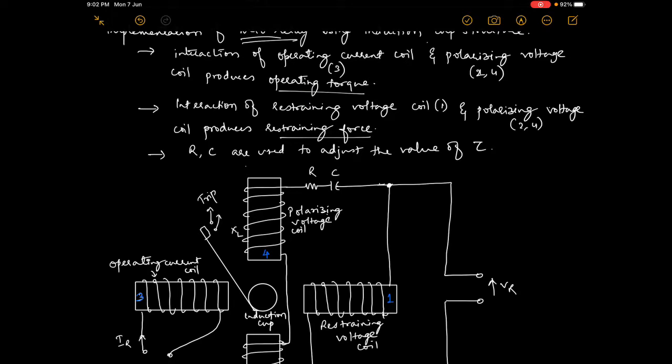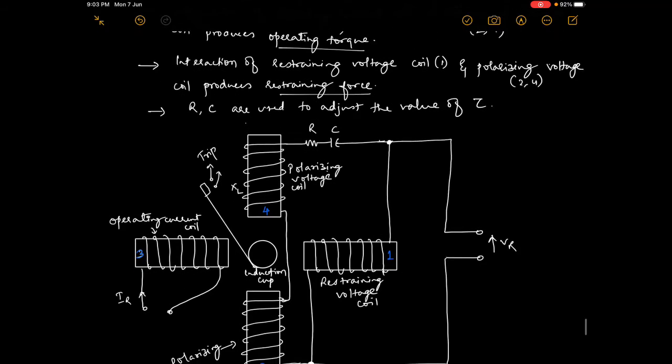Why didn't I cover these construction details in the first chapter? Because even the textbook hasn't given it, and it is very much necessary to understand the characteristics better, so it has to be addressed here. Nevertheless, for this chapter these construction details are not required, but the characteristics of the different types of distance relay are. What we have seen till now is the impedance relay, then the reactance relay, and the third one we are seeing now is the Mho relay.